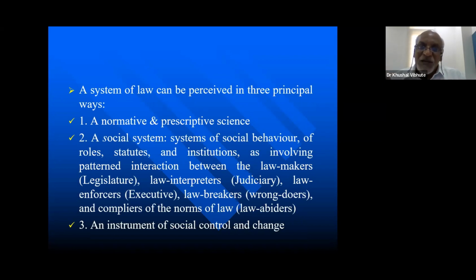Do lawmakers make law simply if they're authorized to make law? Certainly no. Now, law is a deliberative outcome of the legislative institutions. Lawmakers make law only when, in their wisdom, they think that law is the only solution to solve the problem. So lawmakers make law only when, in their wisdom, they think that this problem can be solved by